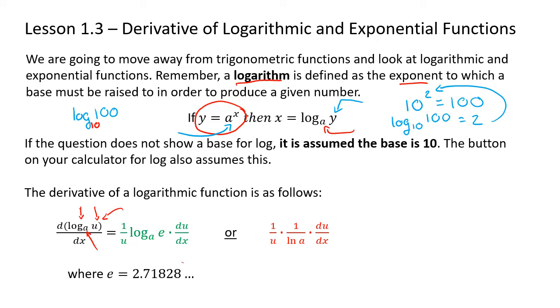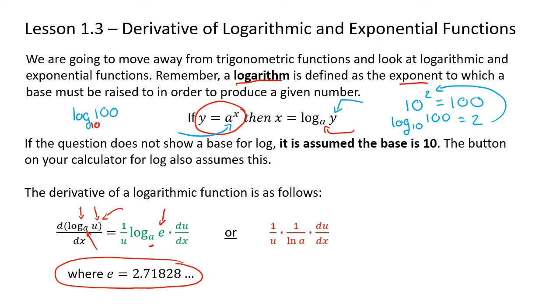Remember, e, known as Euler's number, is an irrational number. It's similar to the number pi in that the decimal will never end. So it's not a defined number. So it's the log of that number e to this base a times the derivative of that u function, du by dx,